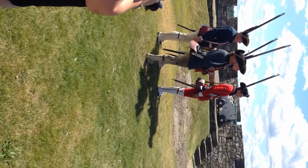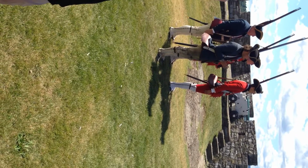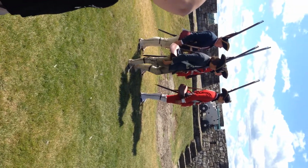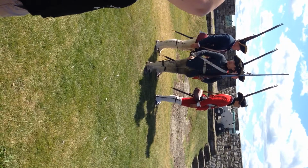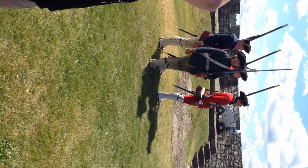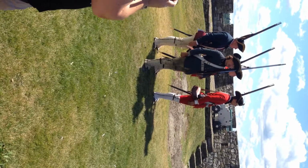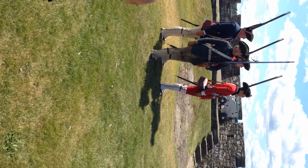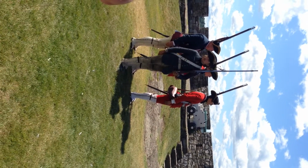What you see is one file of 3 ranks, each one of these soldiers being about a half arm's distance apart. And the files, dozens of them to the left and the right, being about a light elbow's contact away. Now, when we're standing in this compact group of soldiers, hundreds of us, we can't naturally load whenever and however we want. There's going to be a lot of problems if we do that, especially using loaded weapons. It's very dangerous. So to solve this problem, the French army doing it, other armies all over the world, is